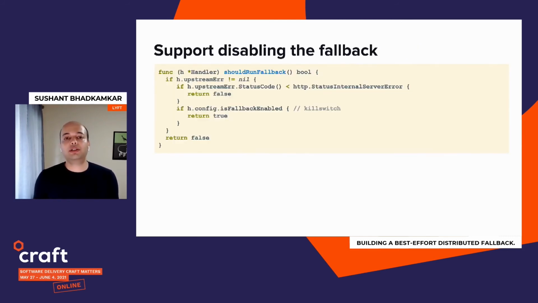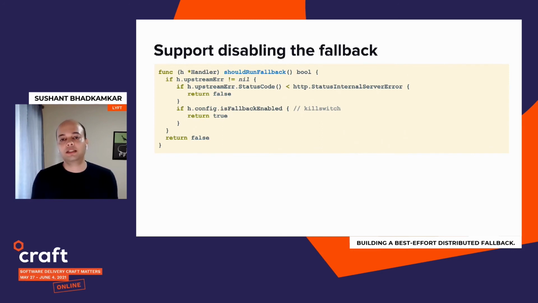And then finally, we also support disabling the fallback, again, with the feature toggles that we have. So if the fallback gets triggered and we notice that it's making the problem worse, it's affecting some other upstream service, then we do have a way of